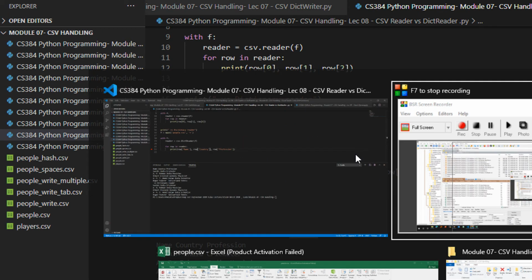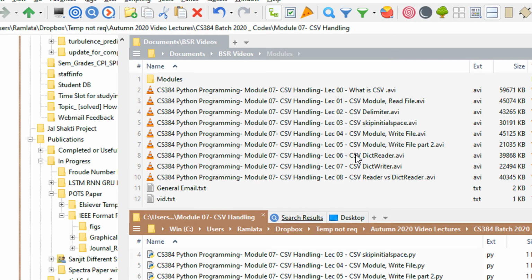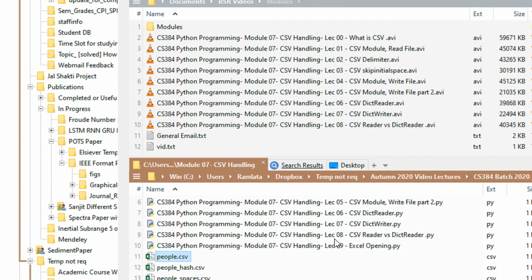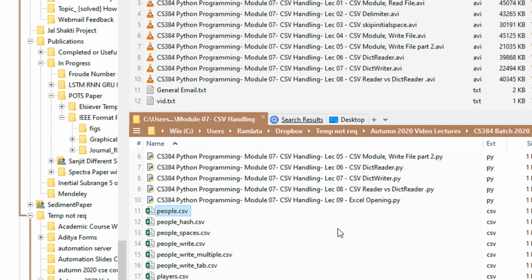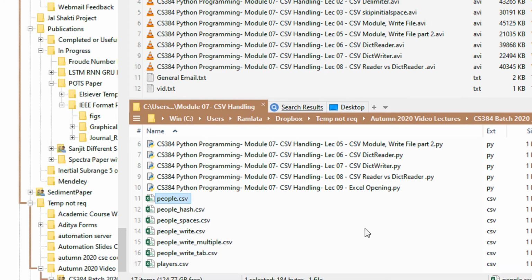This time I will show you how you can open CSV files in a proper format in Excel. Right now you may say we just double click and it gets opened. That is fine if the file is comma separated. But to be on the safer side, you should learn the proper method to open CSV files with any delimiter in Excel. So we will go through all the methods.